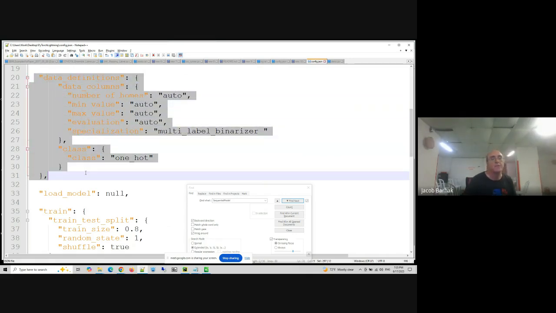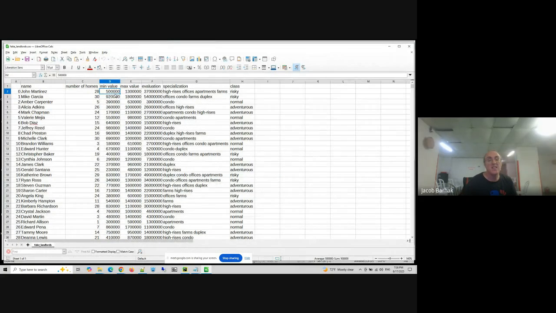The data itself that goes into the neural network has to be defined in specific ways. I wrote some code to make it automatic so I won't have to mess with it too much. Otherwise, you have to say this column, let's say here, this min value column, how does it transform to a vector? And you want this vector to be between 0 and 1 or between -1 and 1. And if it's not, then it makes the training process much harder.